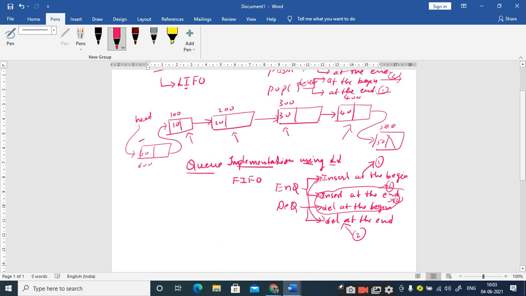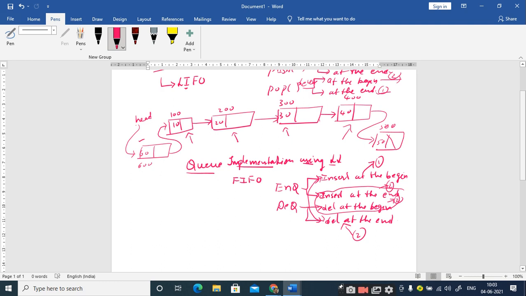Is there any chance to use insertion at the required position and deletion at the required position? Listen to my question carefully.